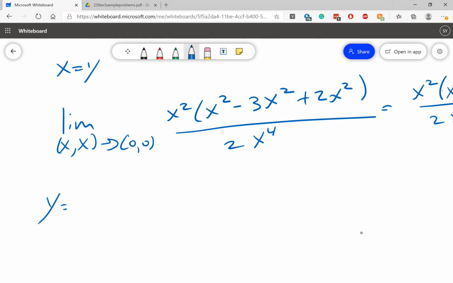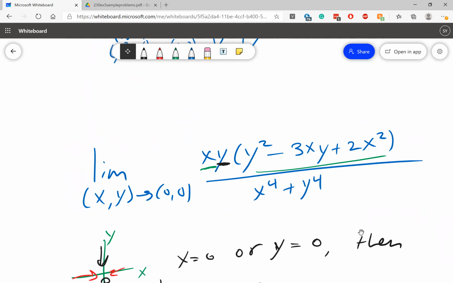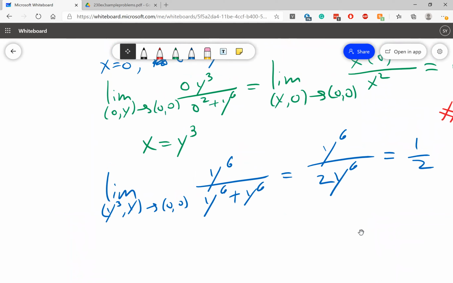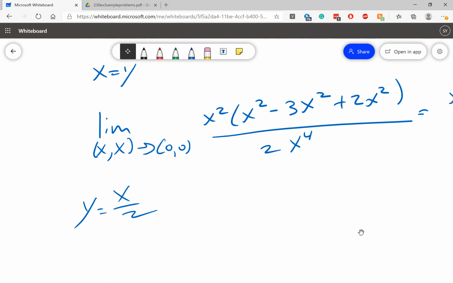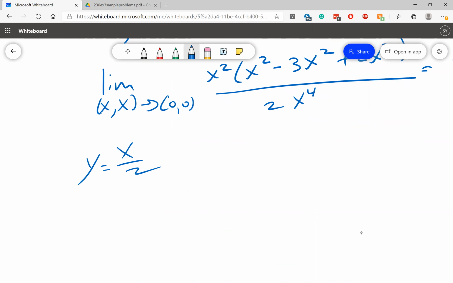let's say y to be equal to x over 2. Okay, so y is equal to x over 2. So now if we try to do the same exact thing, we are going to get the limit as (x, x over 2) goes to (0, 0) of x squared, well, let's just do x times x over 2,